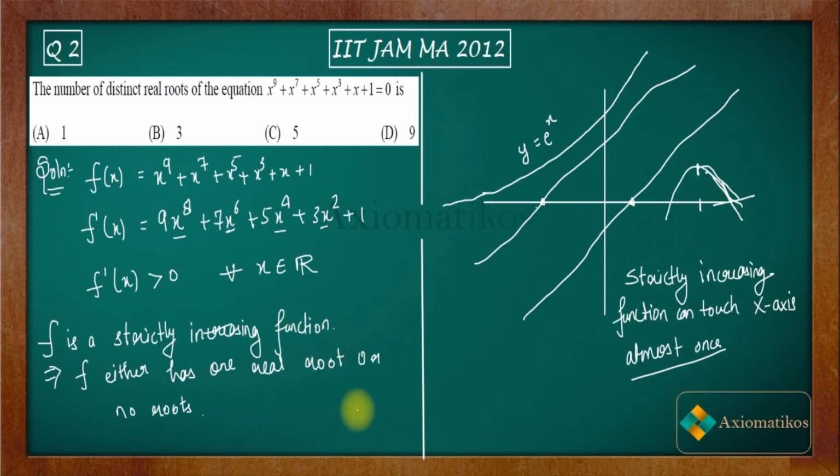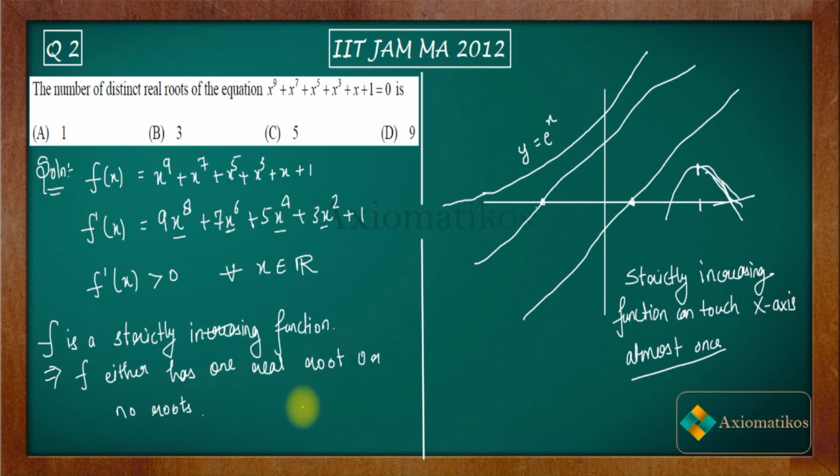But what if there is an option which says 0? Now for that matter, what can you introduce? You can introduce the thing that complex roots always occur in pairs. So I will repeat this. Now what I have proved is that either f has 0 roots or it has 1 root. These are the two cases that we have. Now in your options you don't have any option which says that the number of roots is 0. That means A will be your correct answer, right? But what can happen if there is an option C, and instead of 5 they write 0, then what will you do? You will be confused between A and C.